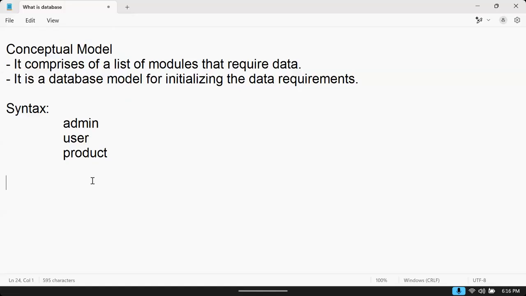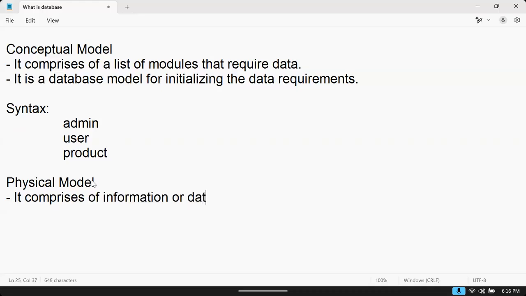Now what is the next one? Physical model. It comprises information and data related to each module.